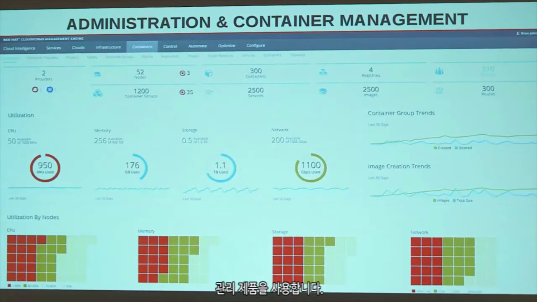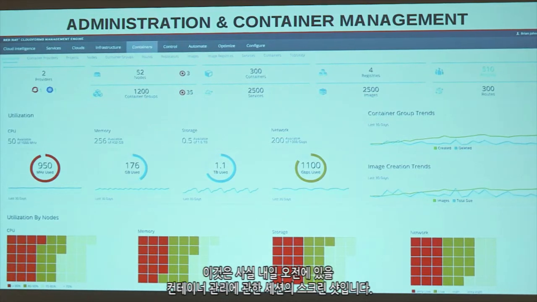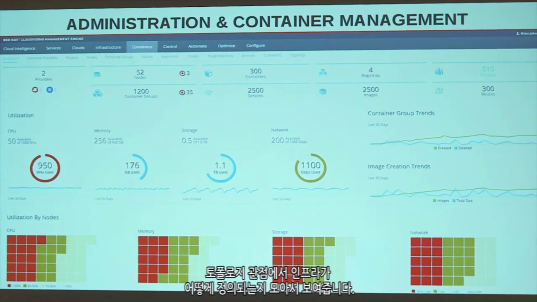We use management products. Red Hat drives an ecosystem of partner solutions, but we also drive our own products. This is a screenshot of a session that is actually happening tomorrow morning about container management. It's a screenshot of CloudForms, our cloud management platform. And what you see here is the aggregate of a view on the infrastructure as to how it is defined from a topology point of view.